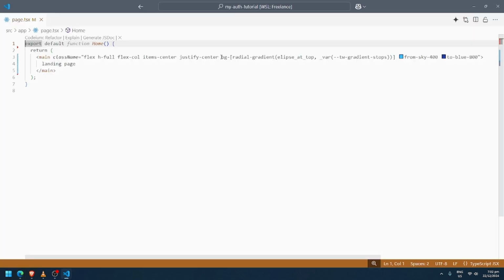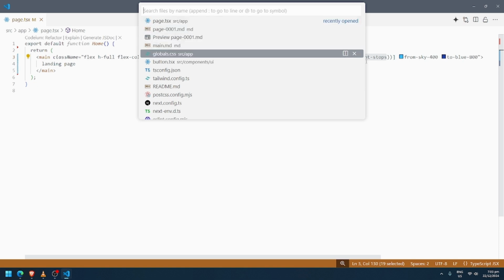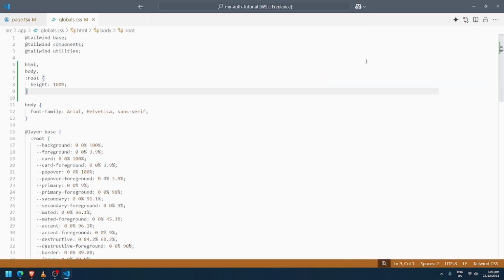Notice that even though we have classes here which say create a background radial gradient with this ellipse at top, meaning there is an ellipse at top, and then the second parameter is var tw-gradient-stops. Actually, this tw-gradient-stops doesn't exist, so we need to open global CSS, and let's define this variable.